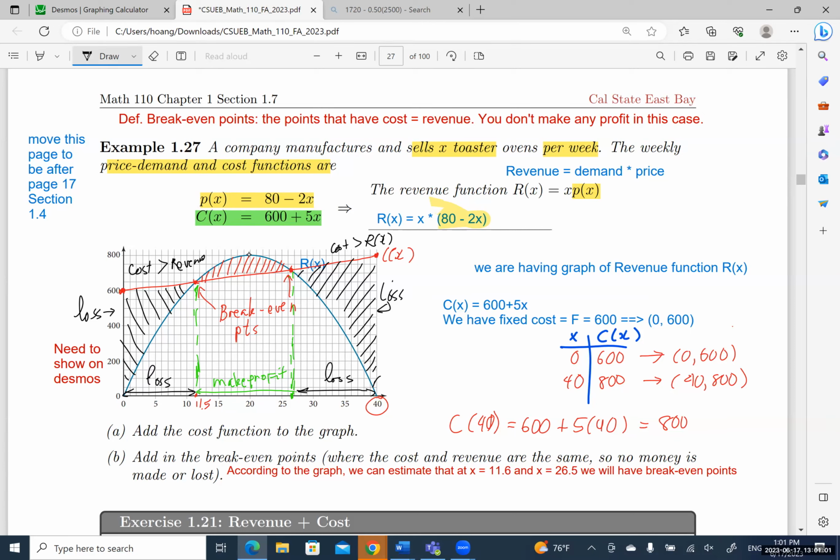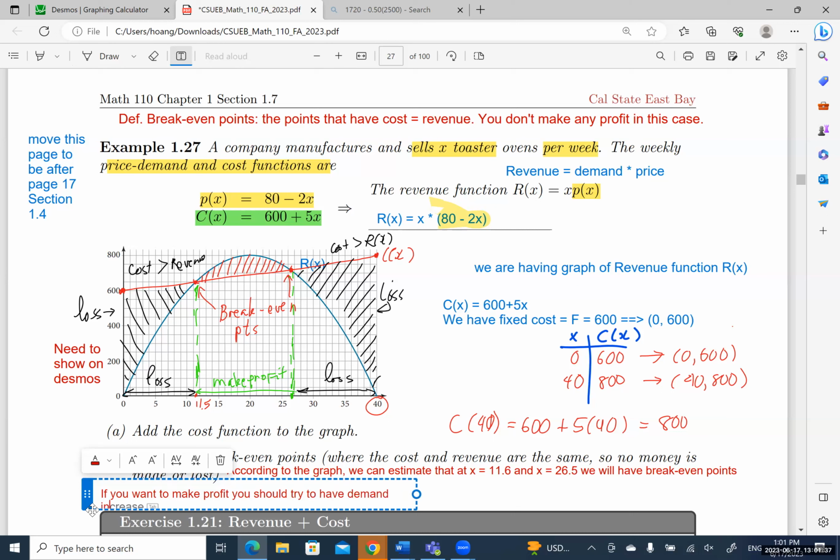Okay. So keep in mind that in accounting, you have to say, if you want to make profit, you should try to have demand in between, like,